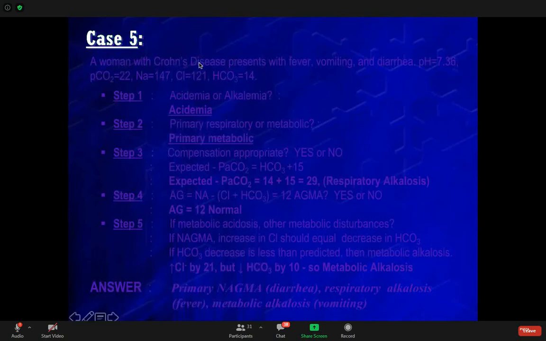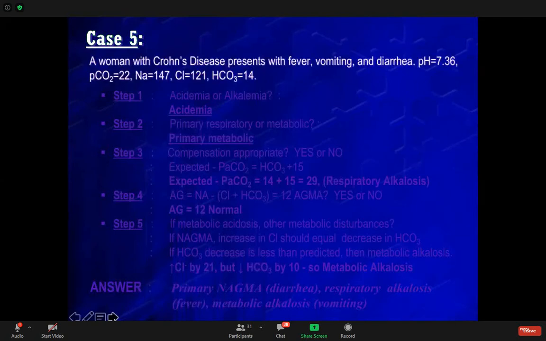الحمد لله بخير. تمام. Yeah, we're gonna take case 5. So this is a woman with Crohn's disease who presented with fever, vomiting, and diarrhea. Her pH is 7.36. Her CO2 is 22, and her bicarb is 14. So take me through this acid-base disorder. So what's step number 1 حقتنا؟